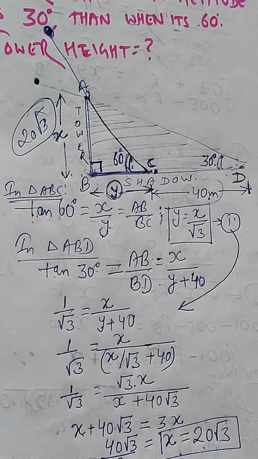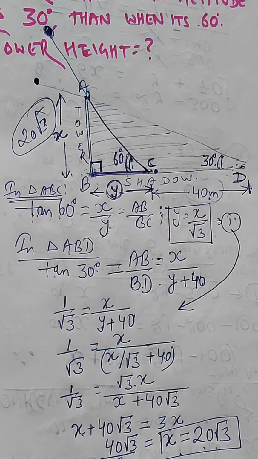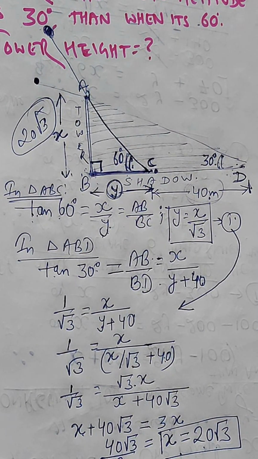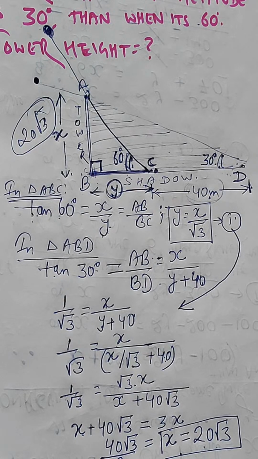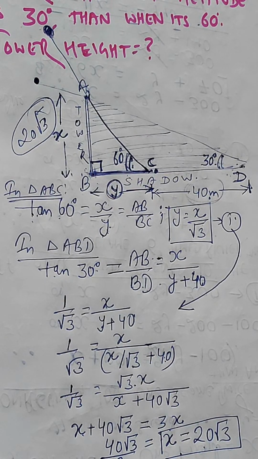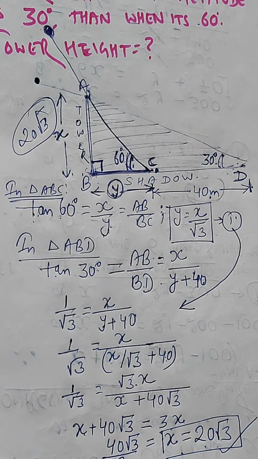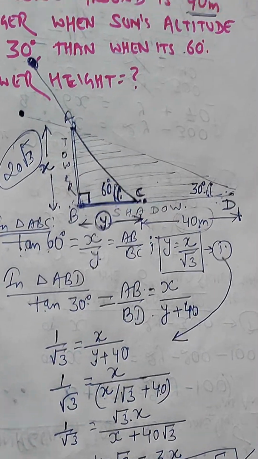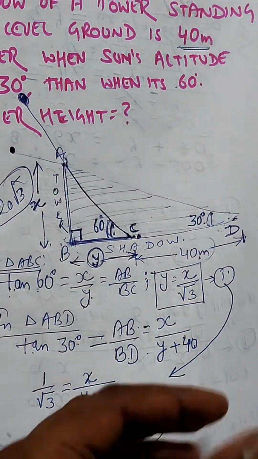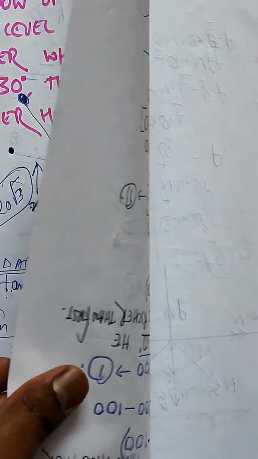This we have calculated, right? Now you can check the answer. This is a question from NCERT exemplar. So 20 root 3 is the right answer, right? Now we can solve more questions. Just taking another question,